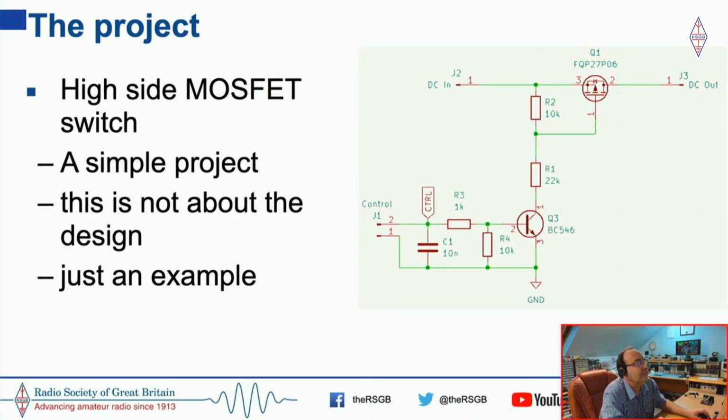So we have a MOSFET, a P MOSFET. That's the top right component, just for those not too into the electronic side, yeah? Good point, yeah. Q1 is a MOSFET. Q3 is just a normal transistor. Don't ask me why there's no Q2, it's just the design didn't have that in. There's a few resistors and a capacitor and a couple of connectors. So let's actually get around to putting those components in. So if we go back to the screen,